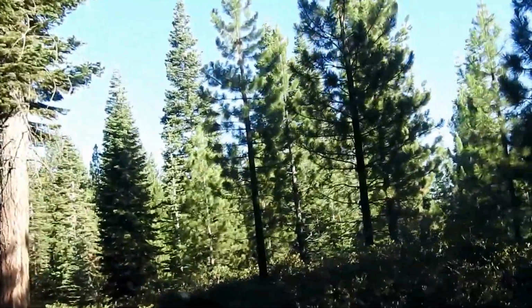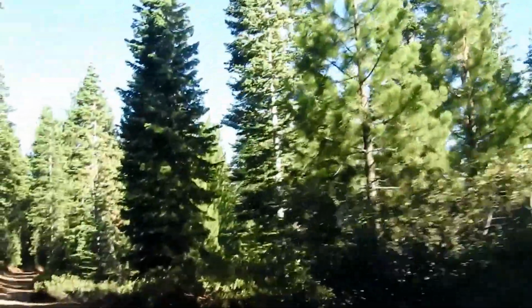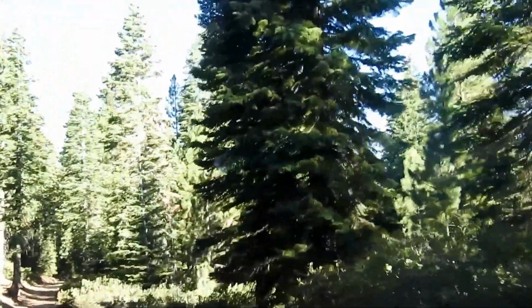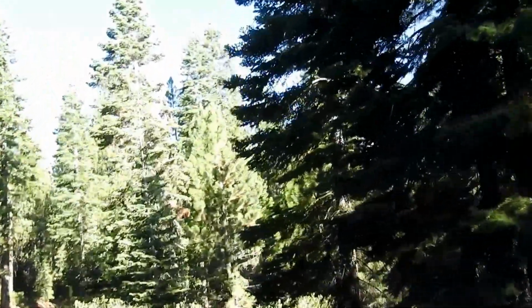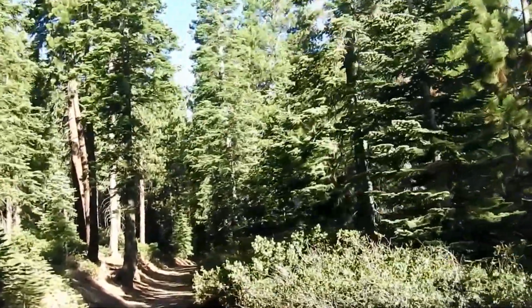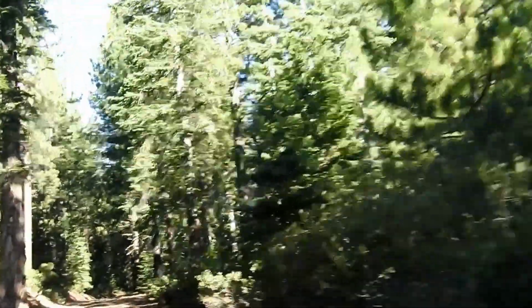We did see a deer pulling in. I've already seen some birds. It's a very brisk morning. Started off in the 30s. It's only 39 in this area, so that gives you an idea that it does get cold. Even though it's summertime, it's like winter back in here due to the high elevation. This lake,